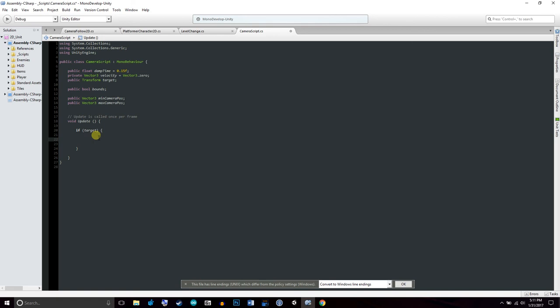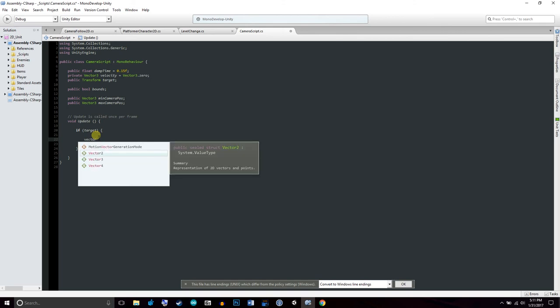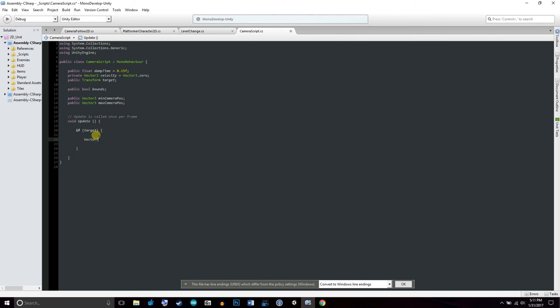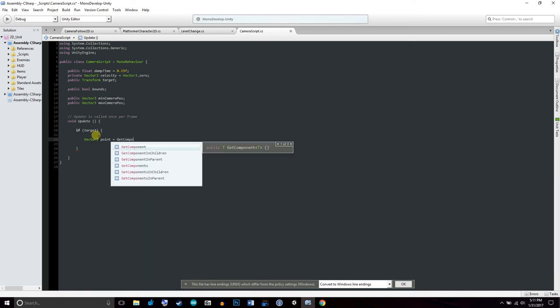And that's going to be true the entire time, because the camera is going to be fixated on the character. So what we're going to call within here is a Vector3, and we're going to call it point, and we're going to have that equal to get component